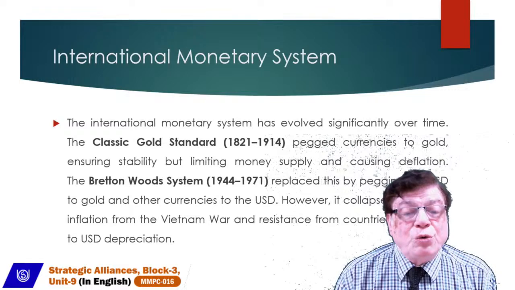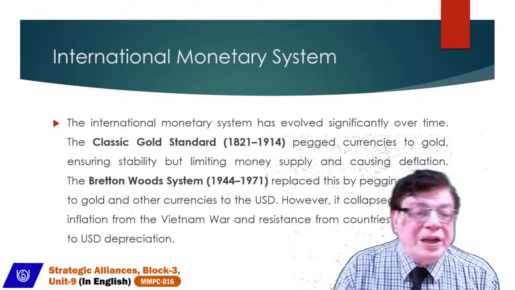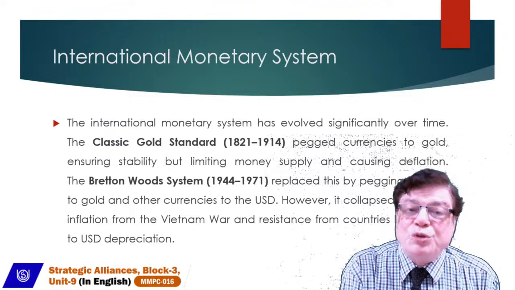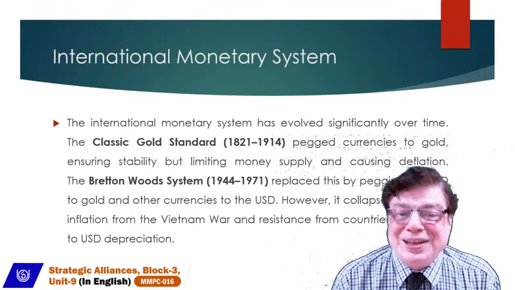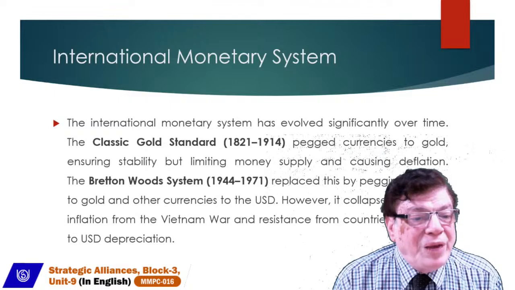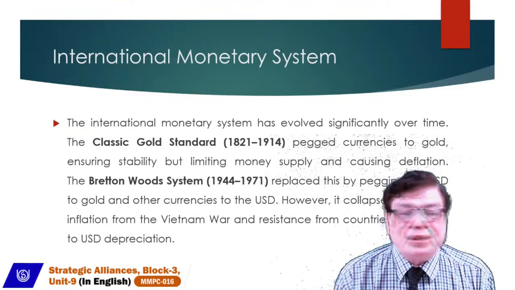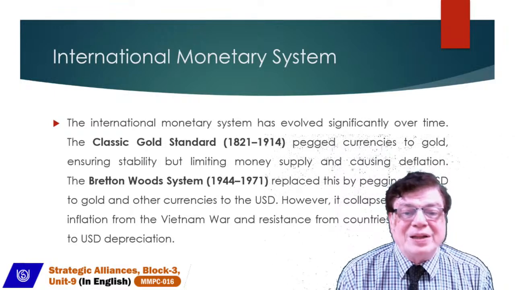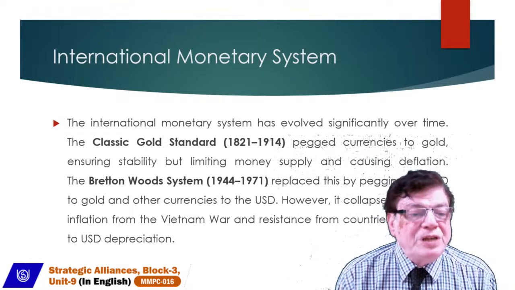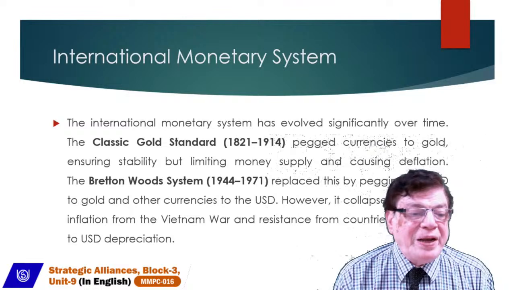10-gram gold is equal to, suppose, so much currency of this country, and 10-gram gold is equal to so much currency of another country. So both those currencies used to equate, and they used to find out the value of the currency. So the Bretton Woods system replaced this by pegging the US dollar to gold and other currencies to the US dollar. However, it collapsed due to US inflation from the Vietnam War and resistance from countries like Japan